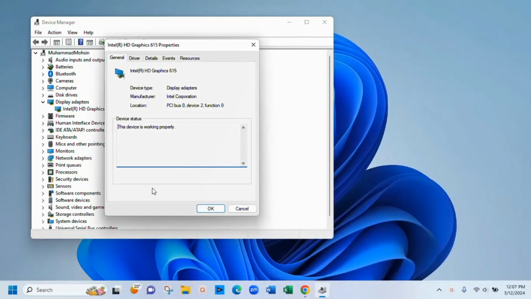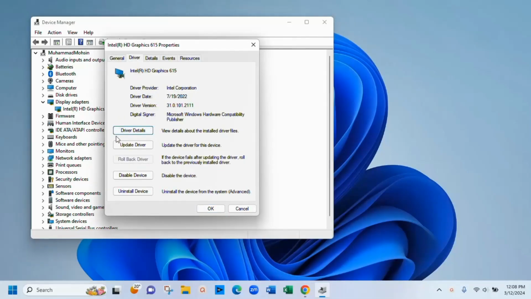Now once you are here, you need to go to the Driver tab. You will find Driver Details, Update Driver and Roll Back Driver. If it is giving you the option of Roll Back, you can do that. Let's say if it's grayed out just like mine, then what you can do is click on Update Driver